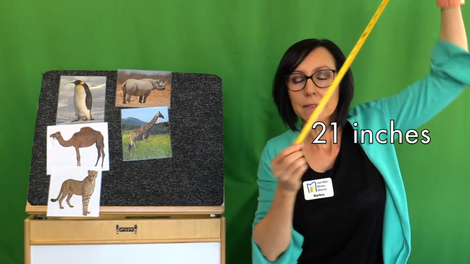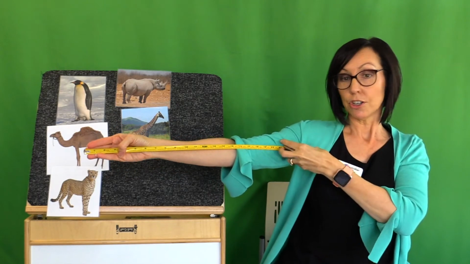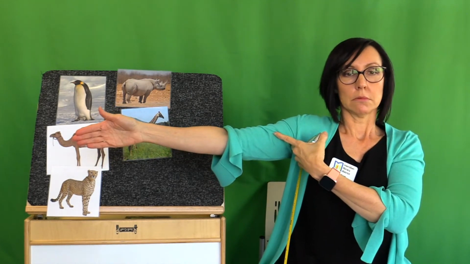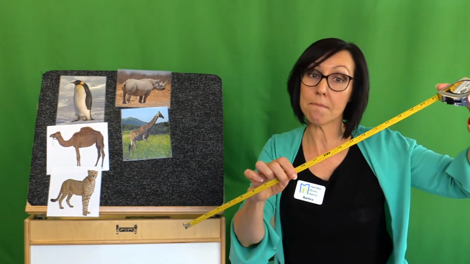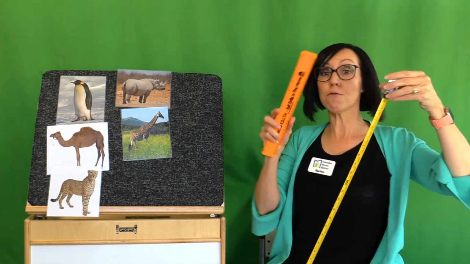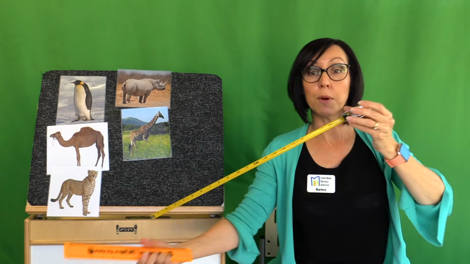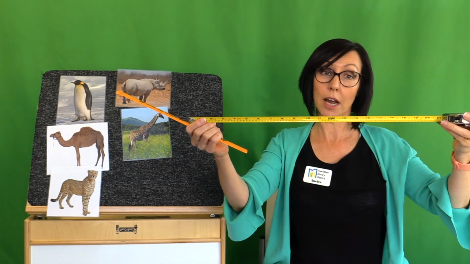Mine isn't. Okay, so I'm gonna measure to my arm from the tips of my finger to my arm. And this is how long the giraffe's tongue is. Can you put your arm out? How long is your arm? Yeah? There you go. So do you think a giraffe's tongue is as long as your arm? So if you have a tape measure or a ruler, you can test it and see how long your arm is. See what 21 inches is, okay? And see if your arm is as long as a giraffe's tongue.